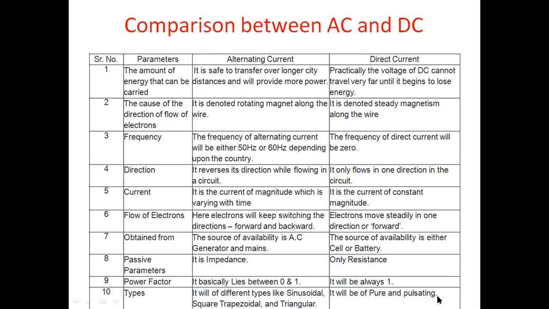So in this video, we have seen alternating current, how it is generated, how to describe alternating current, different types of AC waveforms, and applications of alternating current. Similarly, we have seen what direct current, that is DC, is, how it is generated, how to describe the DC waveform, what the applications of direct current are, and the last point, the comparison between alternating current and direct current. So it is all about AC and DC.